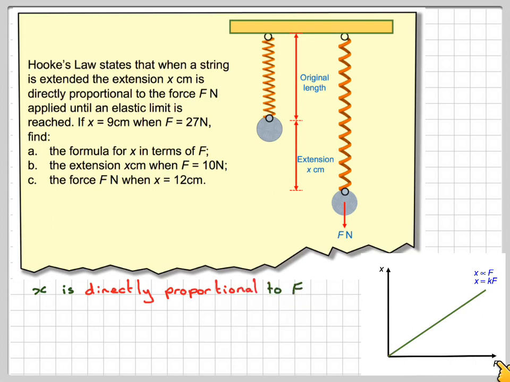So if we were to draw a graph of X against F, then we would get a straight line graph, therefore X is proportional to F, and remember it's similar to y equals mx, where m is the gradient. Then to get a formula, X will be equal to kF, where k is a constant to be found, and it can be found if you know a particular value of F with a particular value of X, i.e. you can find the gradient of that line. So X is proportional to F, X will be equal to kF, where